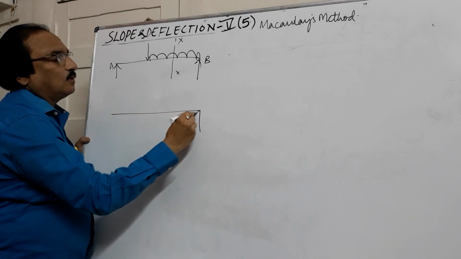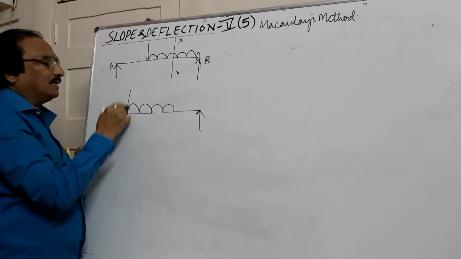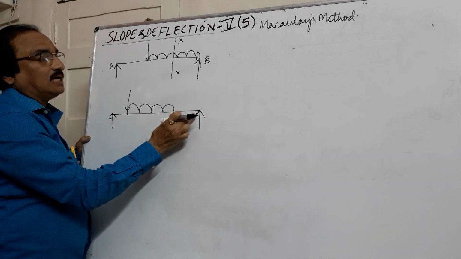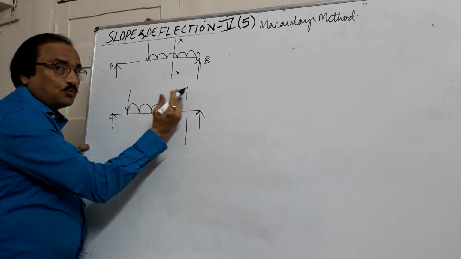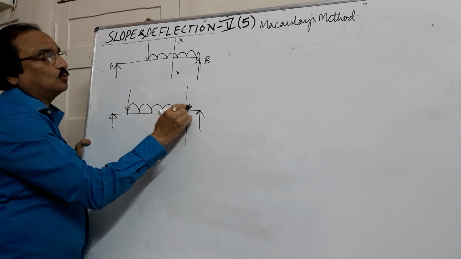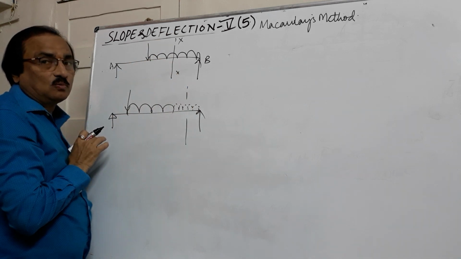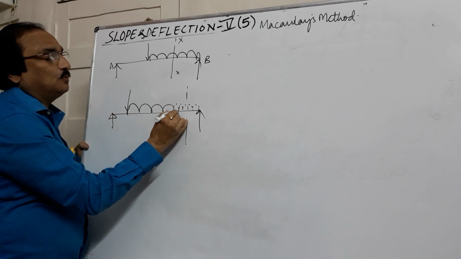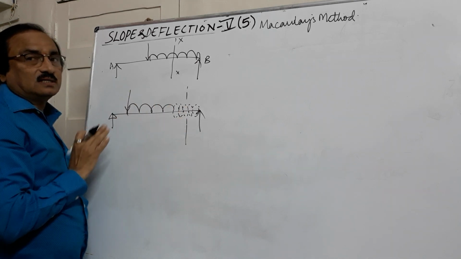Now suppose I take a problem like this, there is a UDL acting up to this point with a load acting on this side. Here, the section we consider is the last portion. If I consider a section here, whenever the UDL is within the section, remember the UDL should be continued up to the support. It is taken up to the support, meaning we are adding an extra load in the downward direction of the same intensity up to the support. To compensate for that, we put another UDL of the same magnitude in the opposite direction. So the net effect in the system will remain the same.